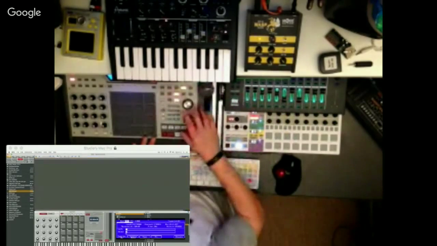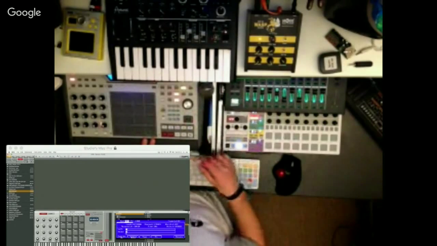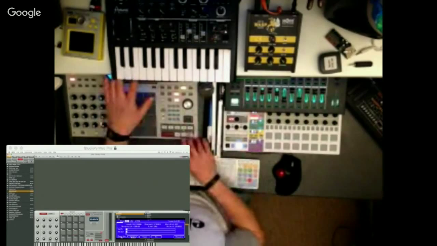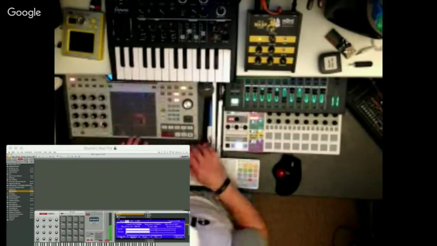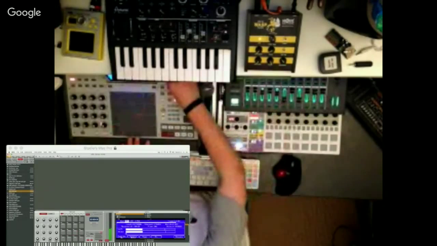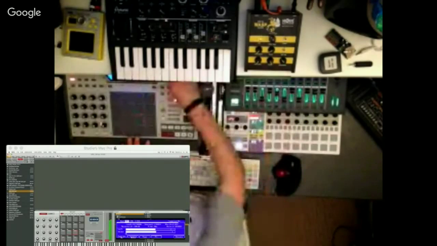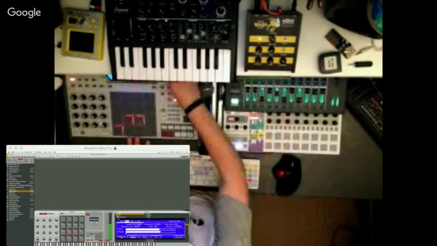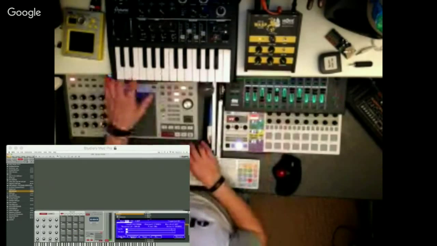So I'm going to go to sample record mode, and you'll see it change on the screen there. And then when I press play, you'll see the input coming in. Turn up a bit there. So I can actually press. Now I've got to keep pressing play and stop on here, otherwise it won't start from the start of the